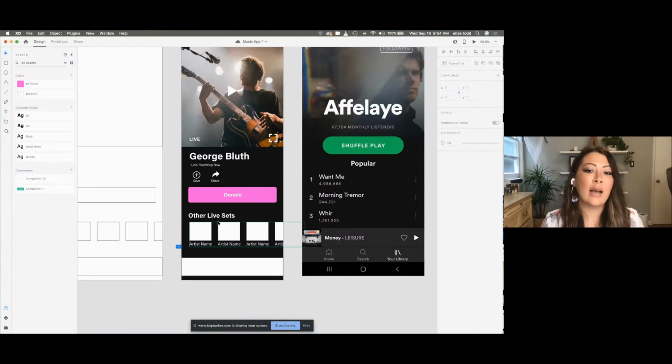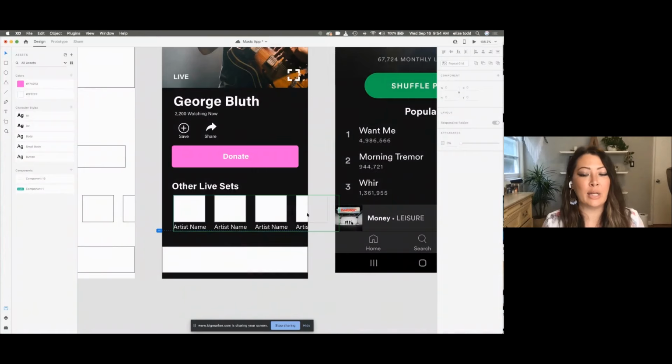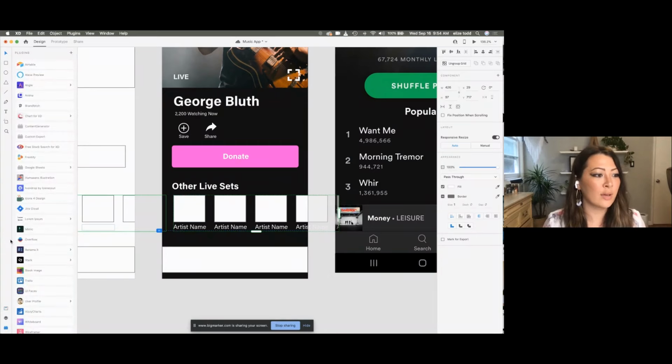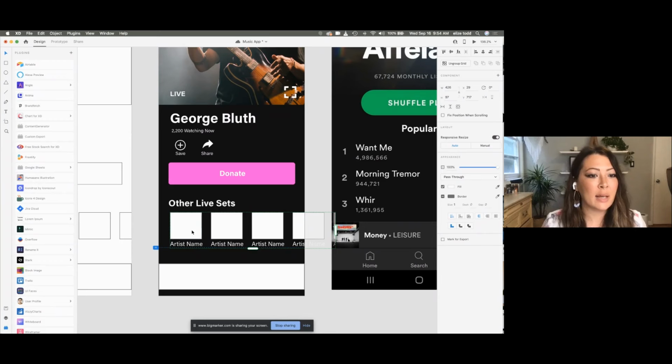Cool. Now I want to fill in these images here. So I'm going to take my plugin. Oh, you guys like pink, huh? Yay! Cool. I'm going to take in this group here, and I'm going to get back into my free stock